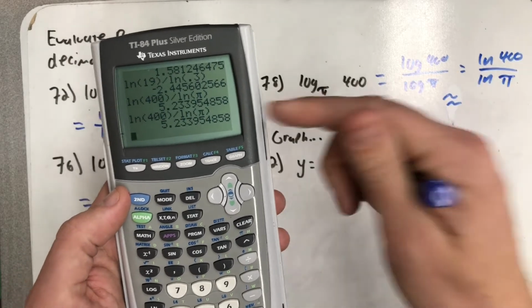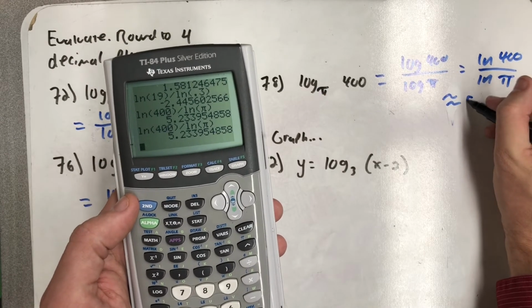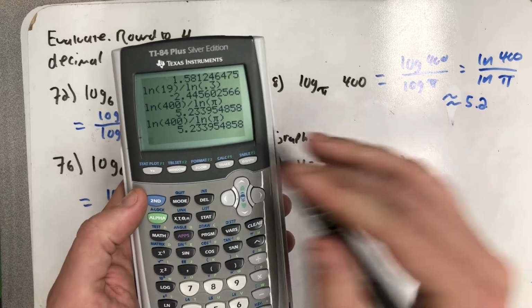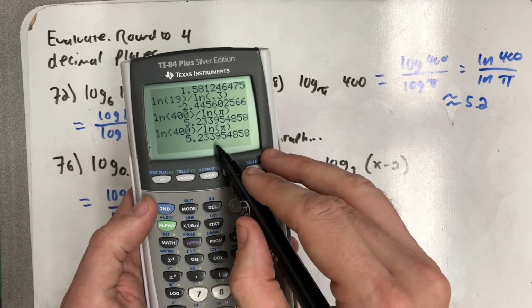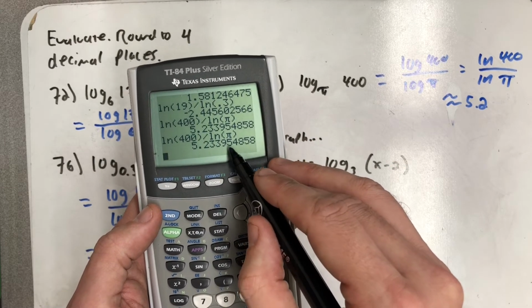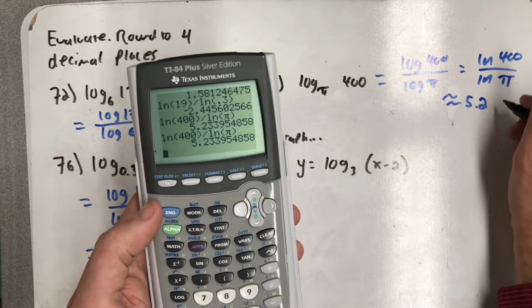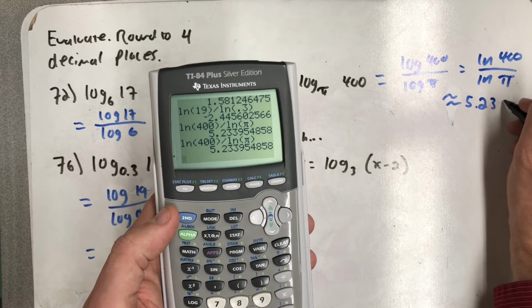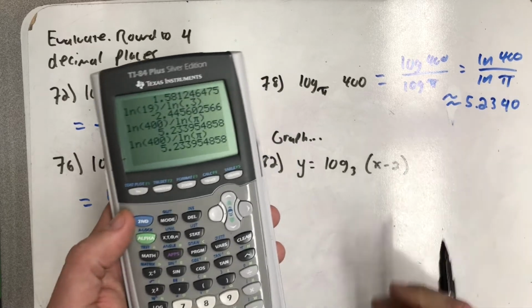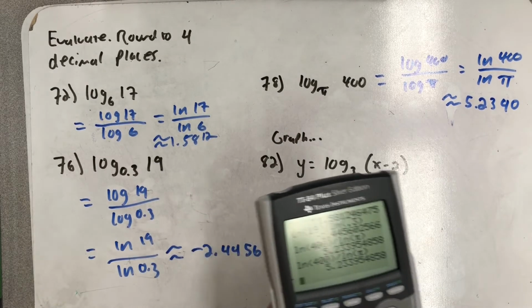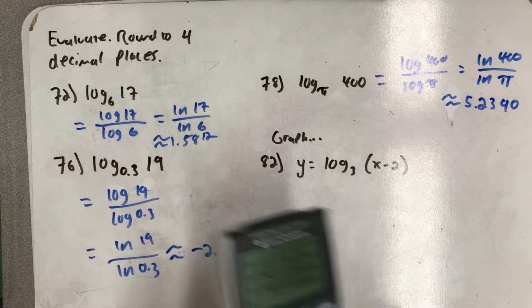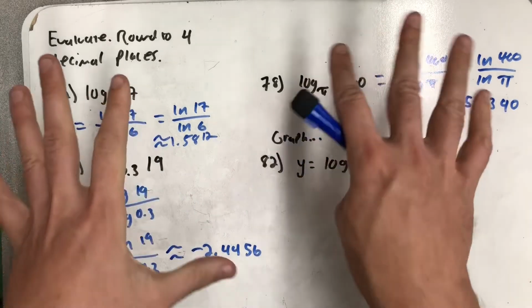And I hit enter too many times. Unfortunately, I just did the same calculation again. And so this one I have to be careful because when I look to 4 decimal places, that would round up, and so it actually gets me to be 2.340. All right, and that's how we use the change of base property, common logs and natural logs to evaluate